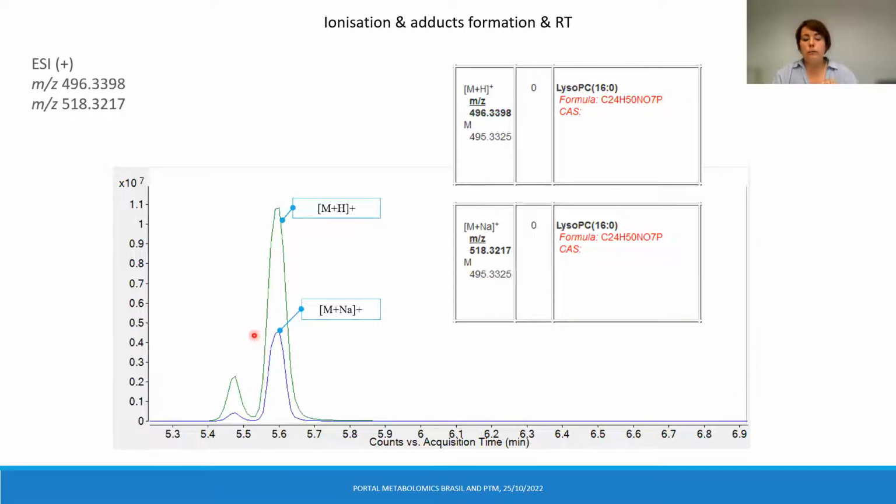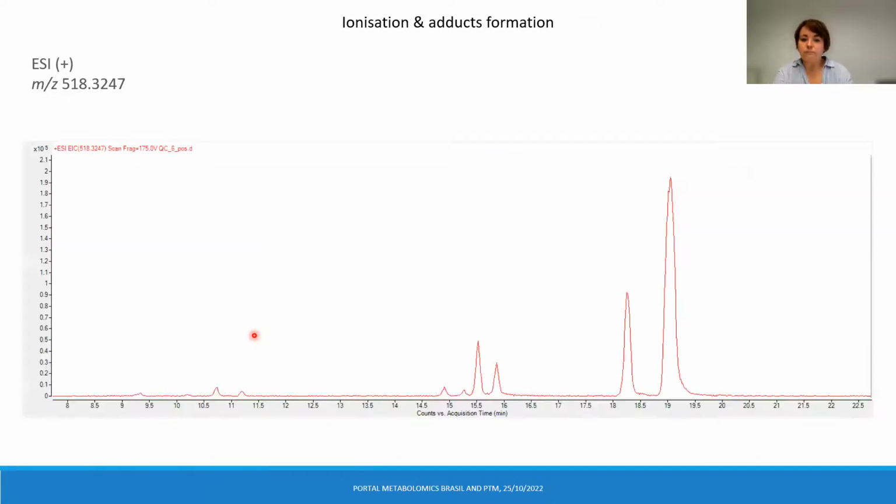So the message here is that even if we do not have very profound structural information about our lipids, let's try to make use of the data we have. So play with this data. You have only M over Z. Let's try to use information about adduct formation, and of course about the retention time. And here it's a very nice example. I like to use this one.